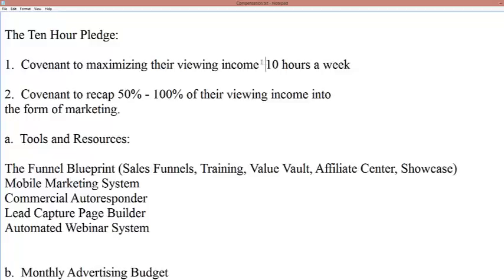All right, now, what we're going to do with this viewing income is we're not going to go and spend it all. We're going to recap, or recapitalize, is what that stands for: reinvest back into our business a minimum of 50% to as much as 100% of our viewing income. So let's say you're in a country where you're not earning the $25 per hour, so you generate in US dollar terms $500 a month,